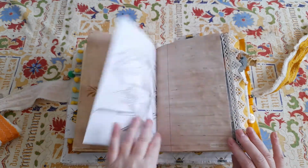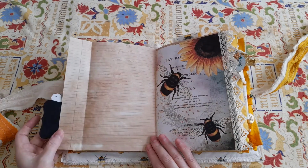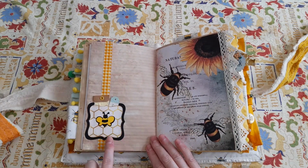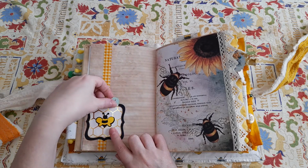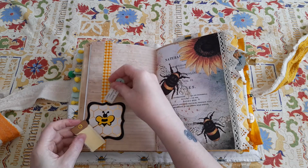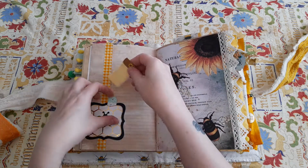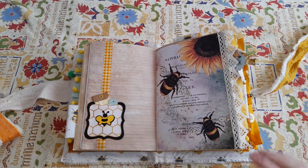Flower page from a book I've got. Some tea stain lined paper. And then this opens up a little bit. And then there's a little die cut pocket here with this cute little bee on it. Tiny little tag that says I was made for summer days. And then this little fabric tab in there too, with